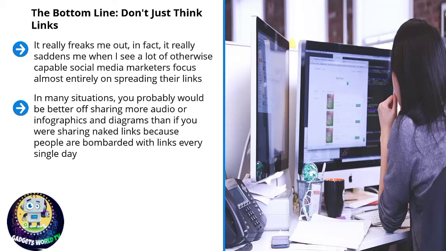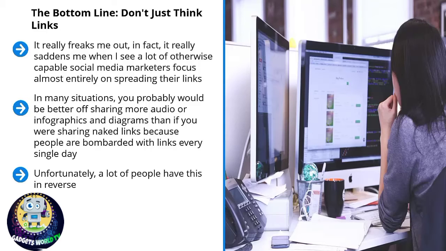You have to pay your dues. You have to become familiar enough to your target audience members using these different content types for them to eventually trust you enough to click on your link. Unfortunately, a lot of people have this in reverse. They start with the links, and when they get desperate, they then use other types of content. At that point, they're a day late and a buck short. Don't do that. Instead, use the derivative content first, and then play up the links.